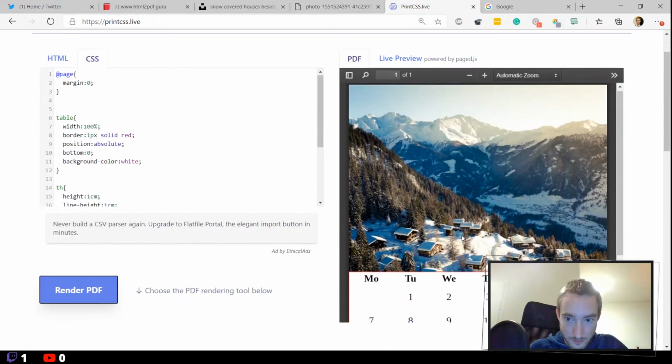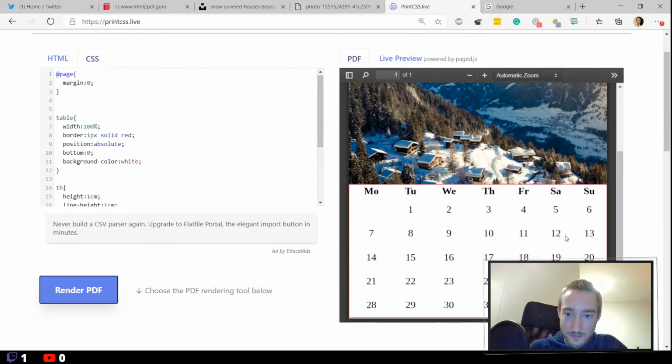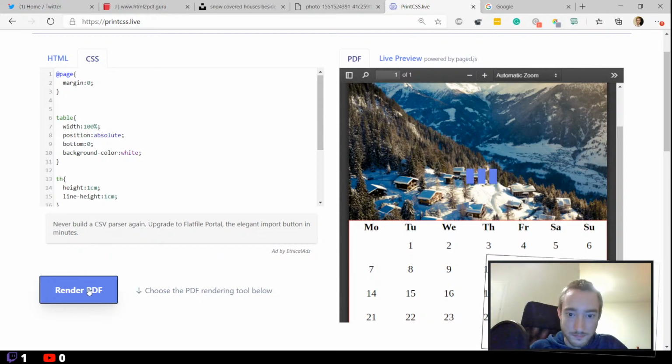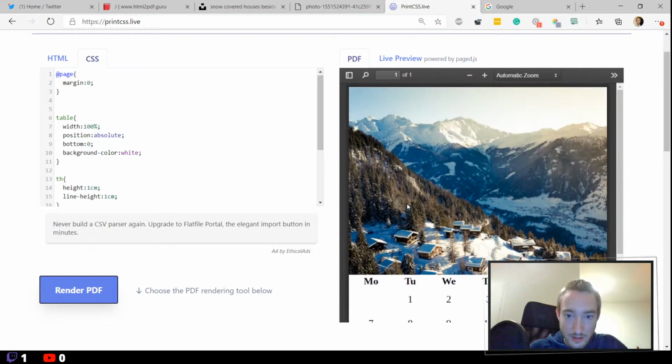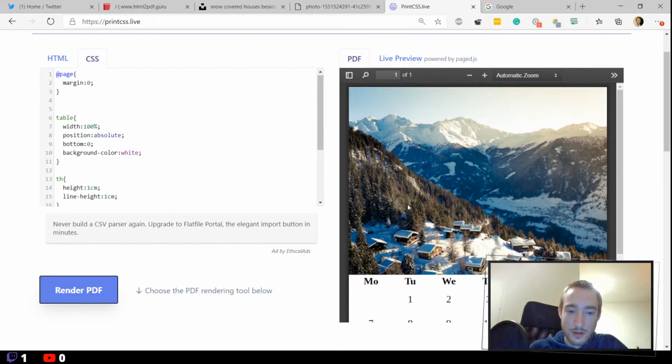We could also see that the image just fits here, but I guess this looks quite nice for the start. So in this way we can start with a simple calendar view,